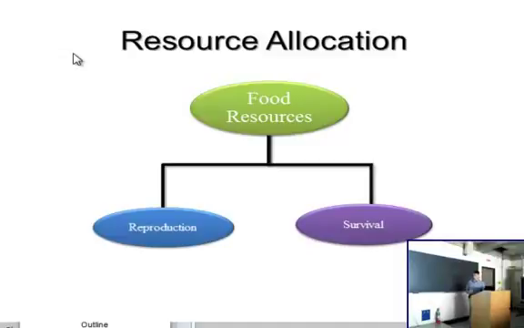Since all physiological functions have to draw from the same resource pool, those nutritional resources that are present in the environment, it has to use those and then allocate those to whichever function will best optimize its fitness. Now this is a very generalized model. Of course there's going to be more physiological functions such as homeostasis and other things, but here I'm just going to, again, generalize it across reproduction and survival, which represents somatic maintenance.